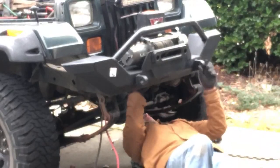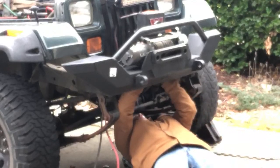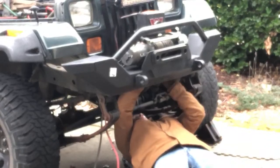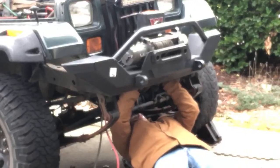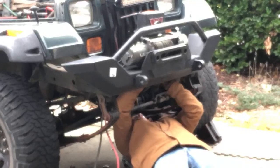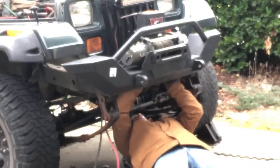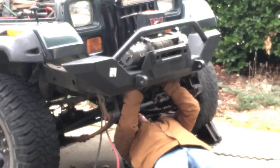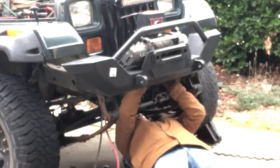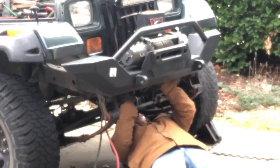This creeper, like I said, was a Christmas present. And I think working in the drive, this will actually be quite helpful. One thing I don't like about creepers is sometimes it brings my head up too high if I don't have a lot of clearance on a vehicle. Gosh, I can't get this...